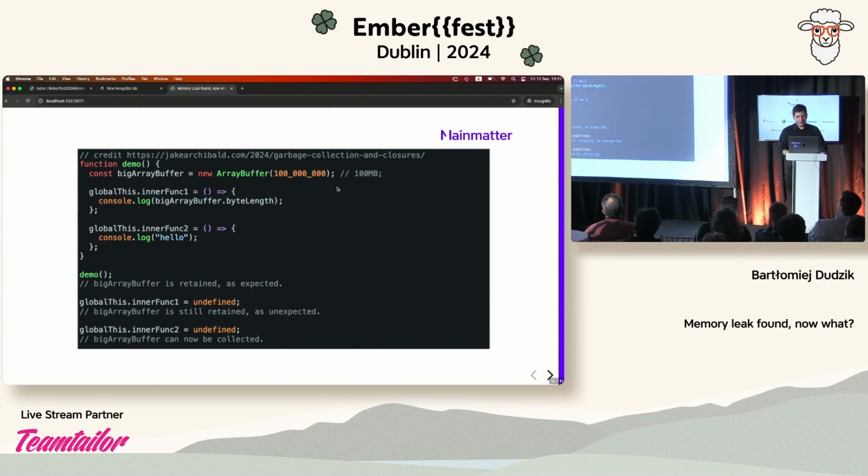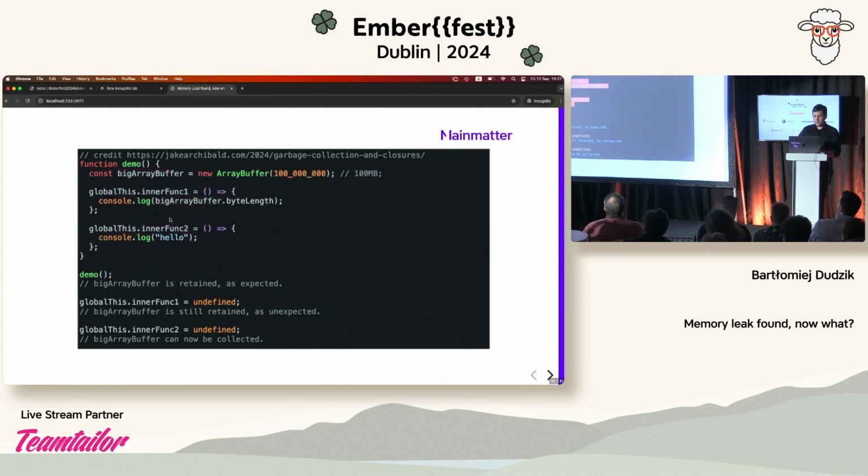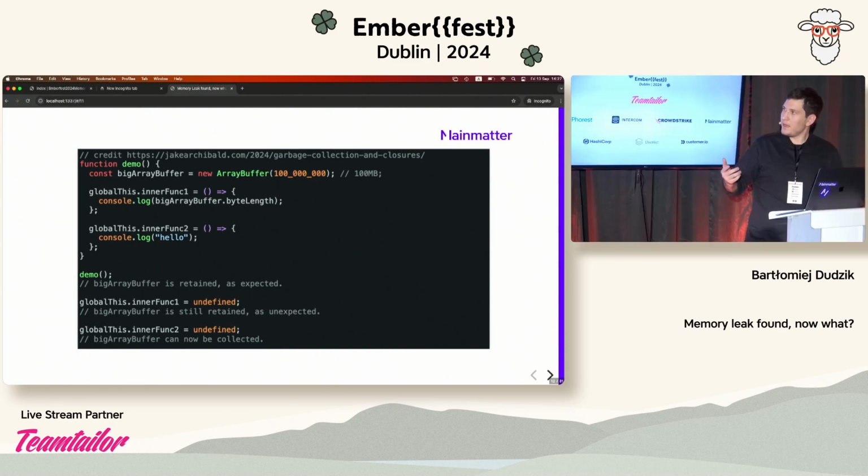Actually, what the engine does is it creates a single context for this whole function body, and that single context object is being shared between these two functions. So unless both functions are removed from the global disk,